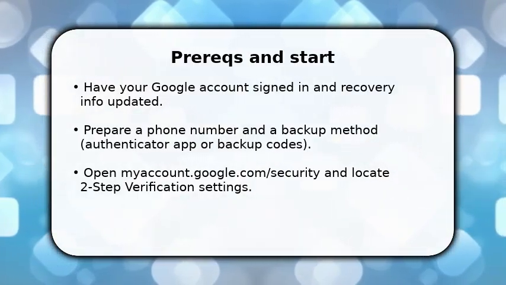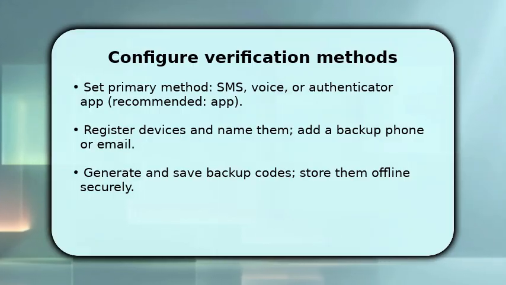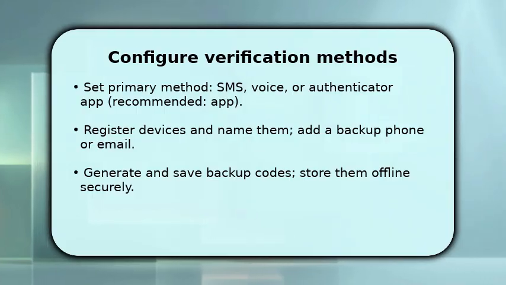You now configure the detailed methods. If you use an authenticator app, scan the QR code and enter the generated 6-digit code to link it. Once done, add a secondary phone number as a fallback and register any additional devices you trust by confirming the